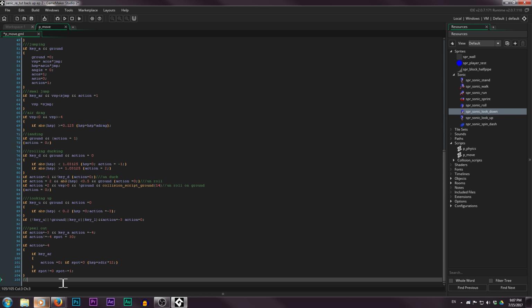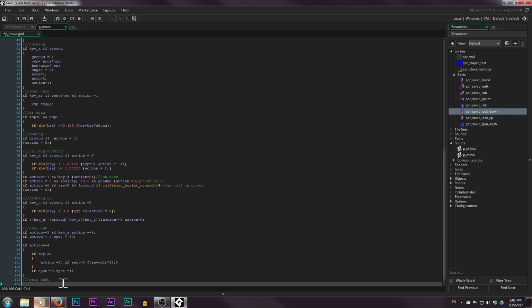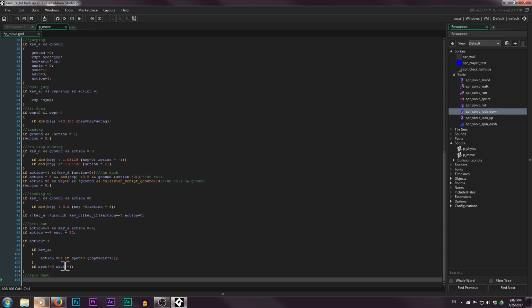So time for the spin dash. Now we're going to go with the Sonic 2 interpretation of the spin dash. So every time you hit A, it will charge the spin dash. The more you hit it, the higher the charge is, and the higher the charge is, the faster you'll go when you release it. But if you want, you can just hold down, tap A, and release it, and go at your slowest speed, but still go as soon as you want. Okay, so to do this,